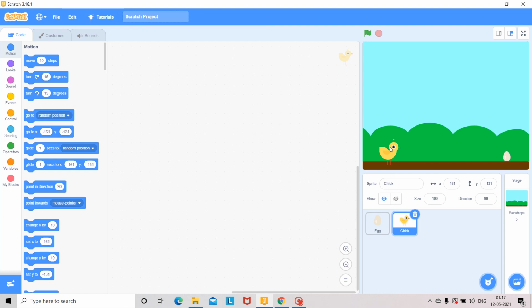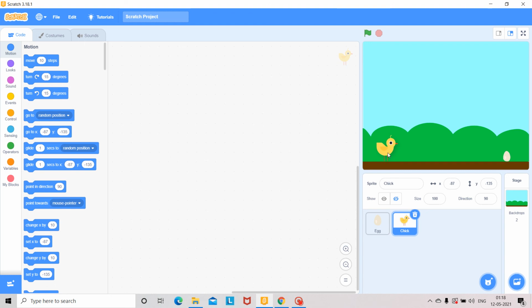You can see here also, when I am moving upward, it changes its y value, and when it is moving downward, it also changes the y value. This is the y coordinate. Not only the chick, any figure or sprite moving horizontally will change the x value, and any figure moving vertically will change the y value.